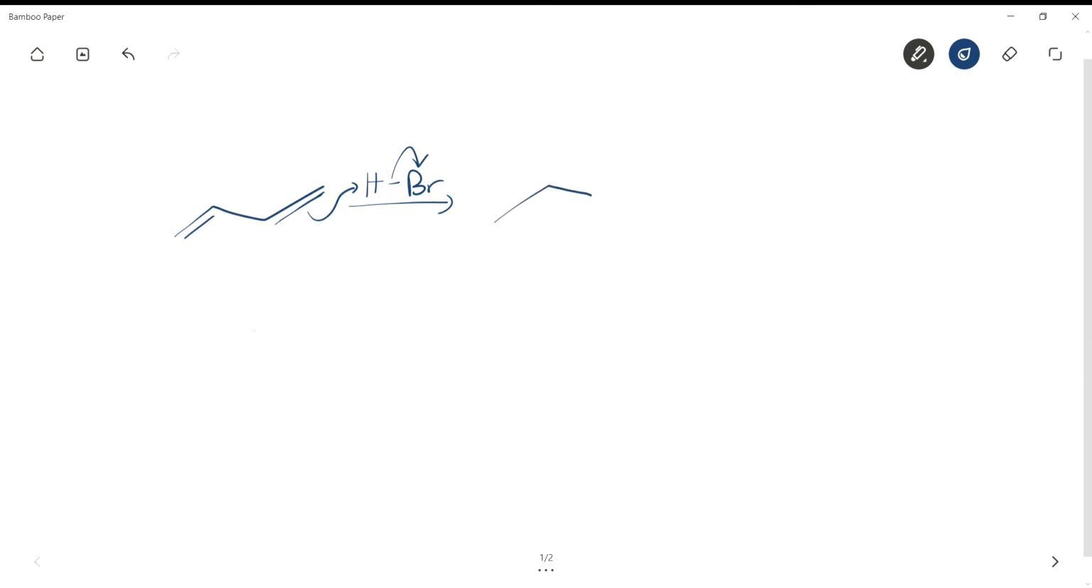Okay, now that we've done that, you got to remember positive charge will go on to the more substituted carbon. Okay, so the hydrogen's here. We have the Br minus floating around, and we still have that double bond. Okay, now the thing that we can have happen and we need to consider is the chance of resonance. So as you can see, we can do a resonance structure